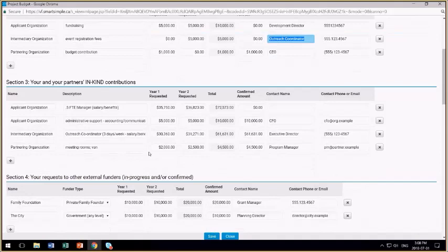In terms of the in-kind contributions, these are contributions of program expenses that you can list on your financial statements as well. So things here we have